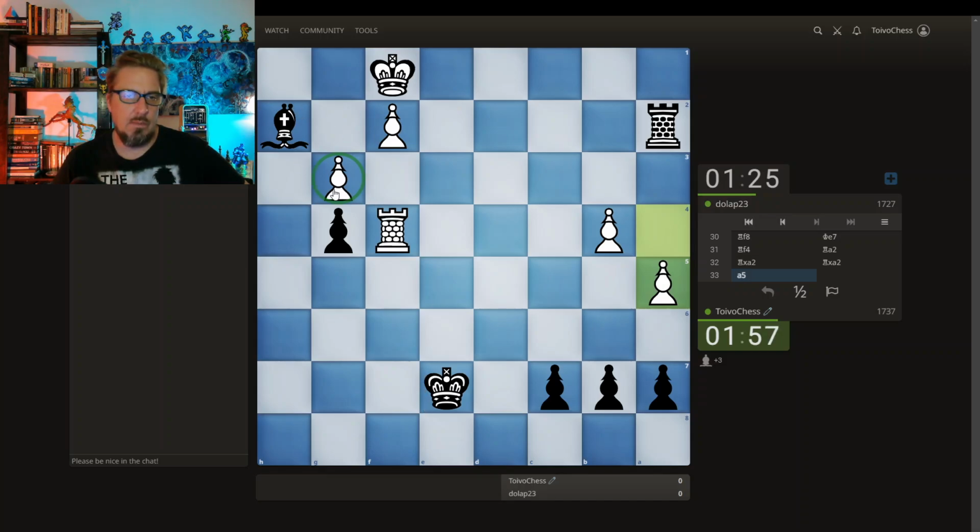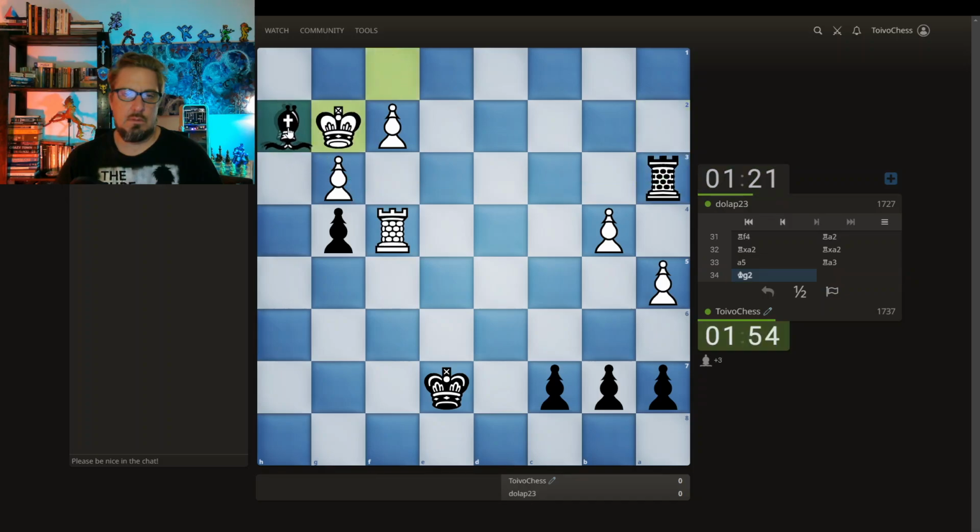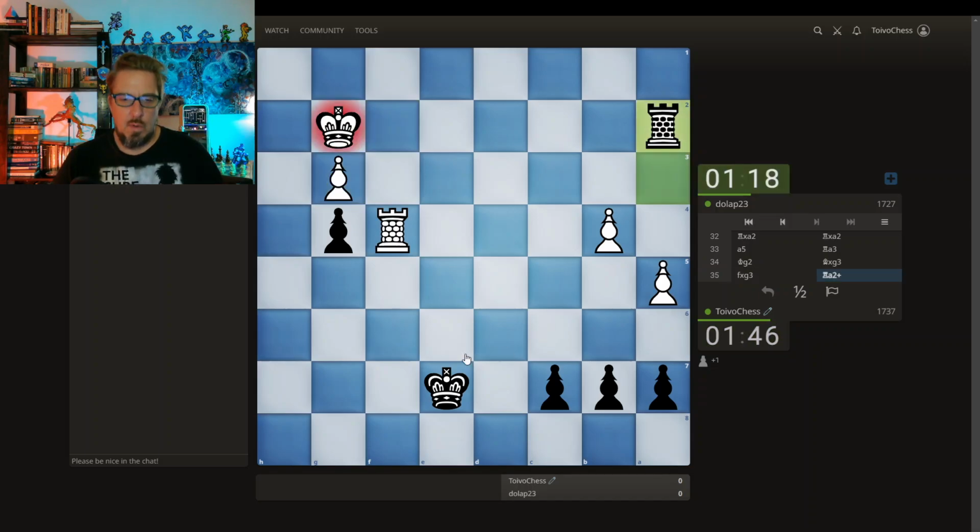At some point, I want to sack here. Maybe this is the idea. I definitely grab two pawns. Yeah, I mean, I have to take. I can't defend it, so you have to take with a pawn. King can't take. And now I'm only up a pawn, but I should be able to...